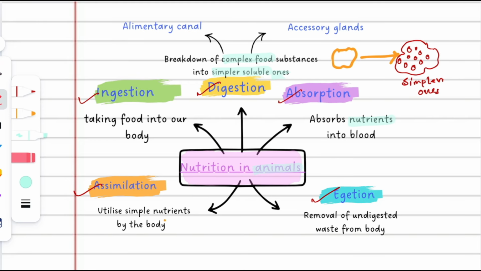Okay, so absorbed nutrients go into the blood. After that, these particular nutrients will transfer into different organs of our body to be utilized. This process is termed as assimilation. Now what is